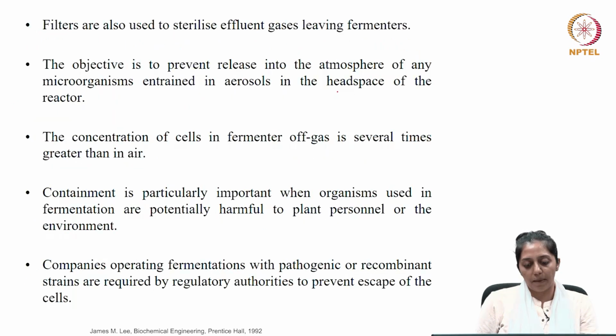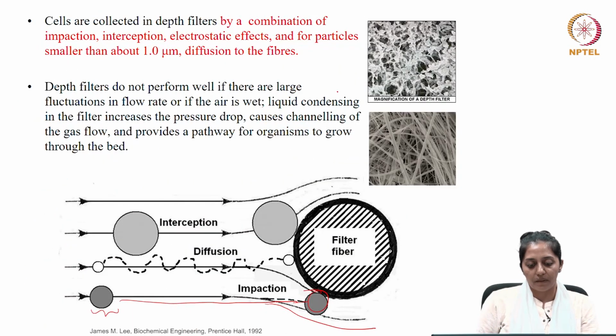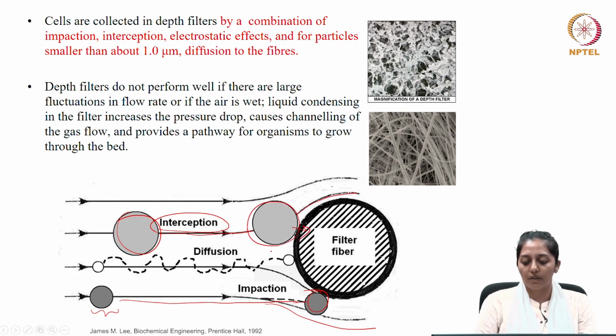If you see the schematic, here it is shown for interception. The particle is large in size, but the mass is not heavy. So, it is being carried by the streamline of air,